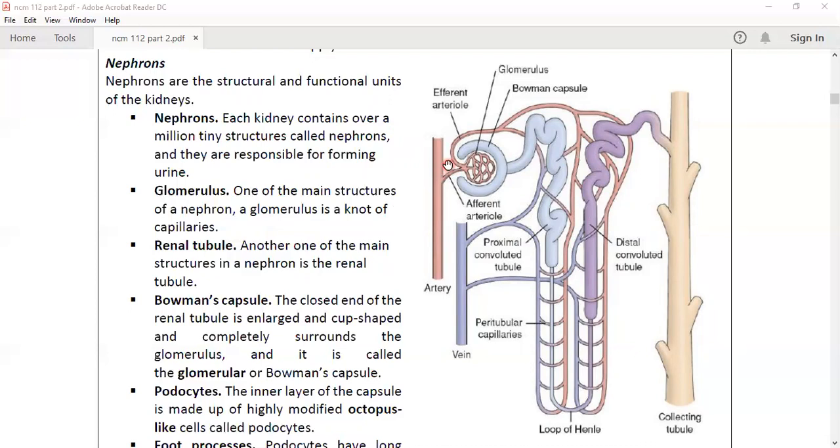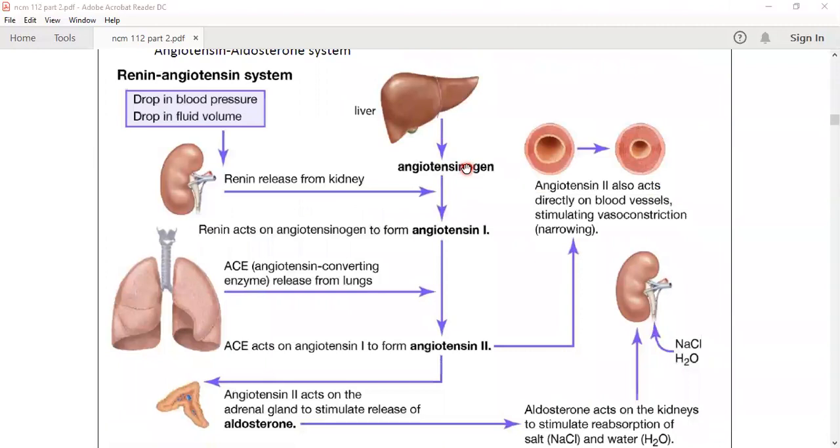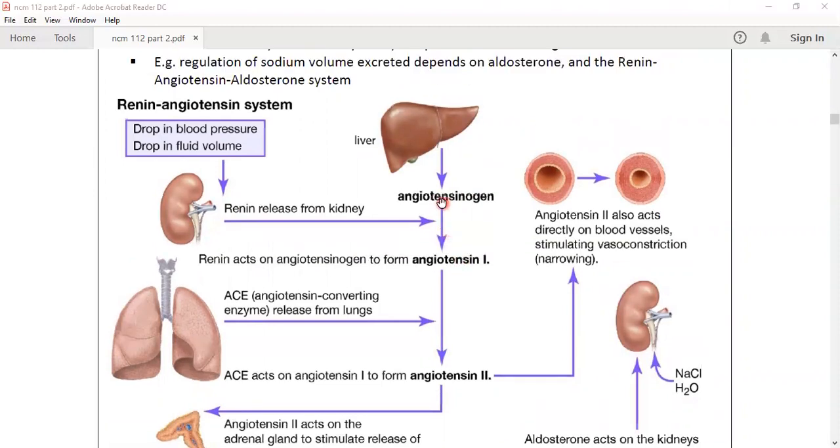The same thing with juxtaglomerular cells, that they are able to detect changes in the blood volume, and additionally, they would now secrete your renin. So what happens when your renin is initiated? When your renin is released from your juxtaglomerular cells from the kidney, it now converts angiotensinogen to angiotensin 1. Angiotensinogen is actually from your liver, and it is the renin that now converts it to